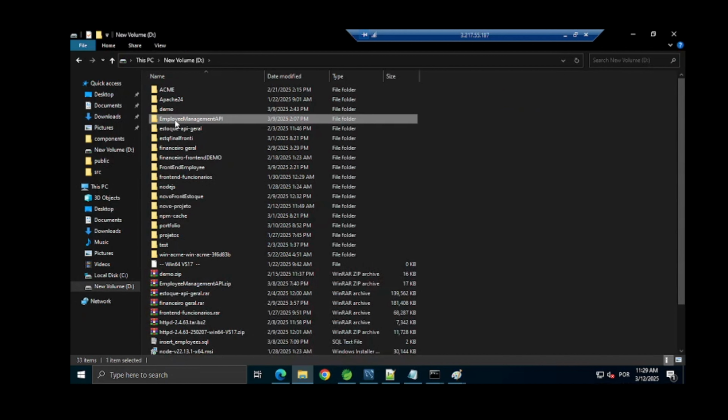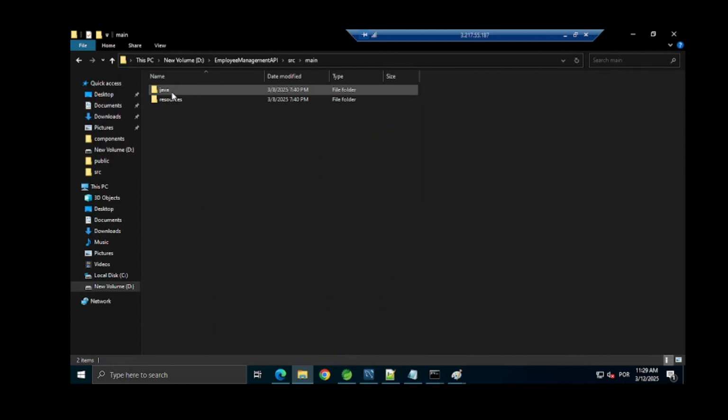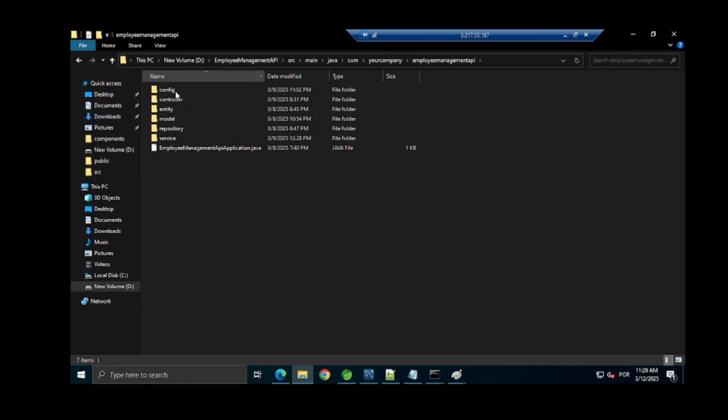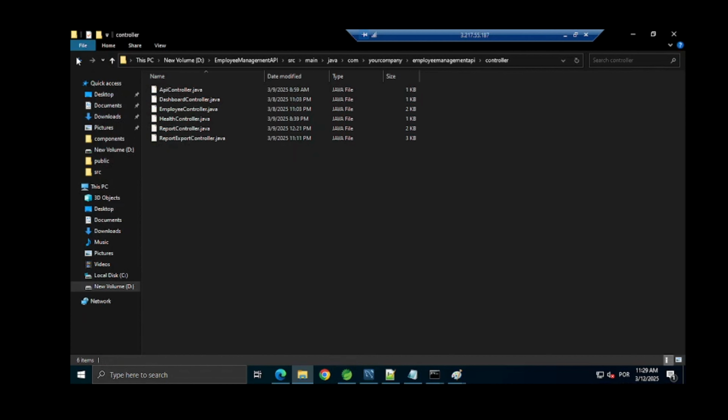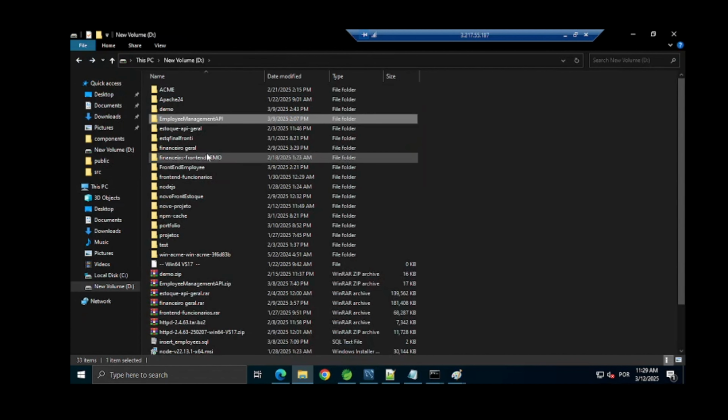Employee, that's the folder, employee management API. There's the backend. All the backend that I have showed to you is here. You have everything here. All the packages, you have all the classes here. So and but I want to do I want to